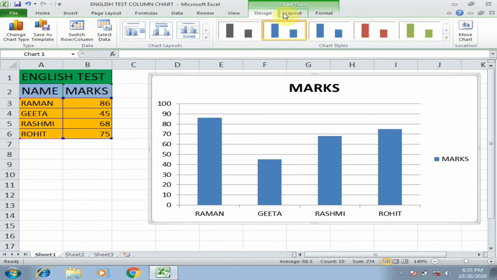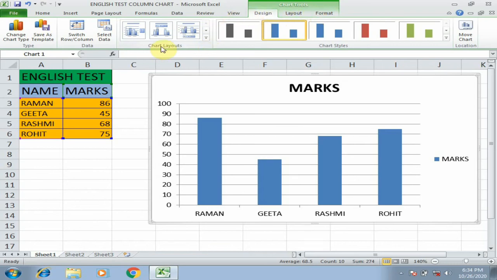These tabs are helping in different forms. That means with the help of these we can understand the chart, or we can add something extra. We can see the use of these tabs one by one in coming videos,